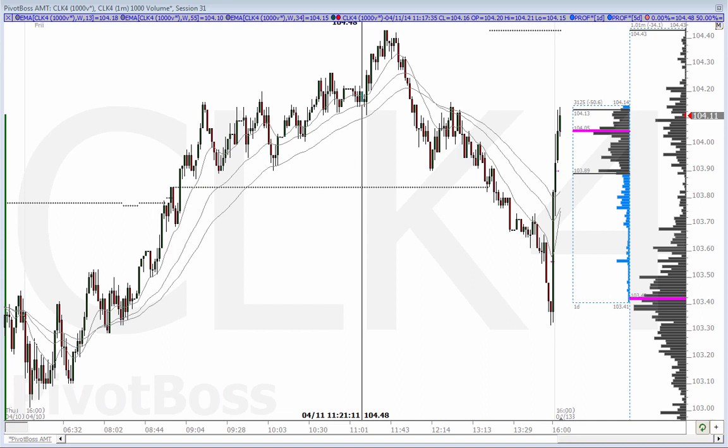The footprint is by far the most important component that I've used in my trading in terms of identifying the most precise reversal opportunities and breakout opportunities in the market. It is a way that allows you to see the order flow and the auction unlike ever before.